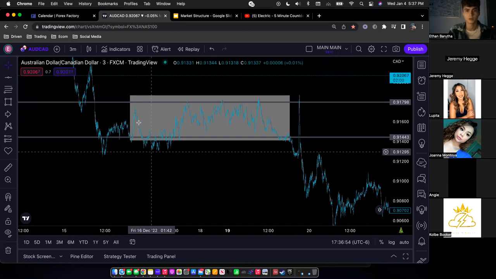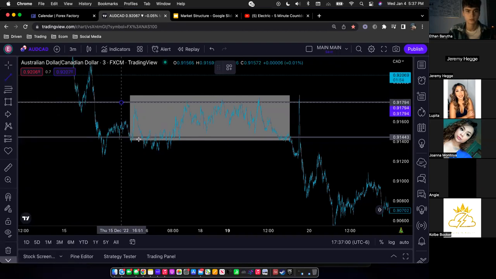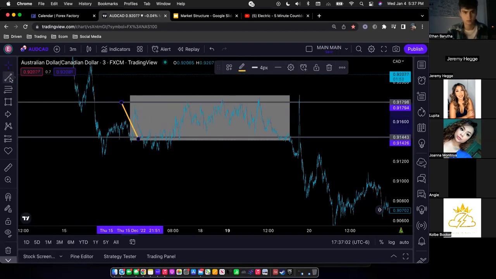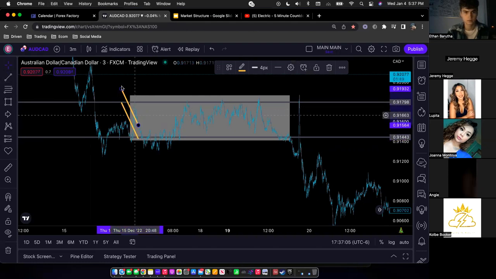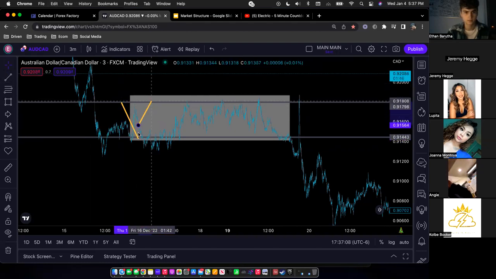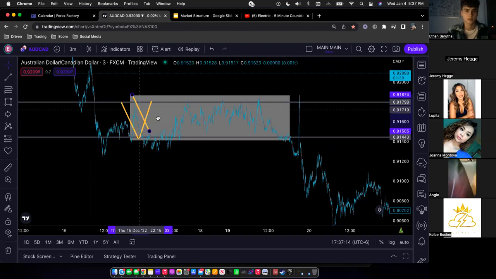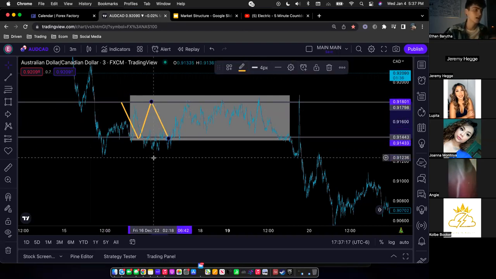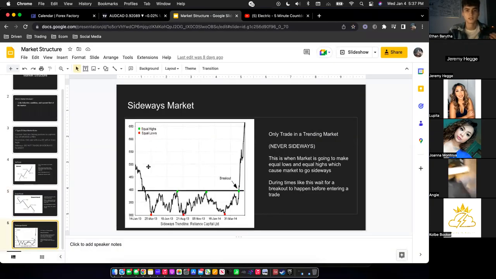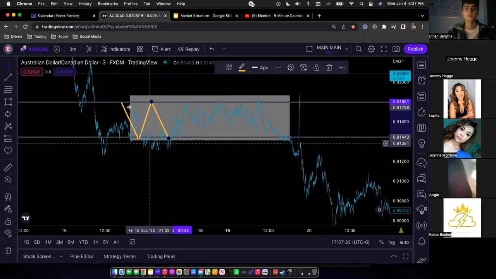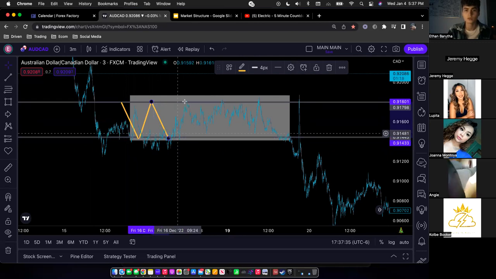So market is literally going sideways. It's literally just going like this, and then it's just going like this, and like this. It's just doing that back and forth, back and forth. That's literally all it's doing. So sideways trend. So what that looks like, okay. Sideways trend right here, making equal highs and making equal lows. It's not going to be a perfect picture, but here, making equal highs, making equal lows, equal high, equal low,